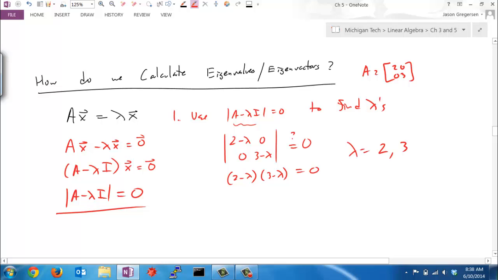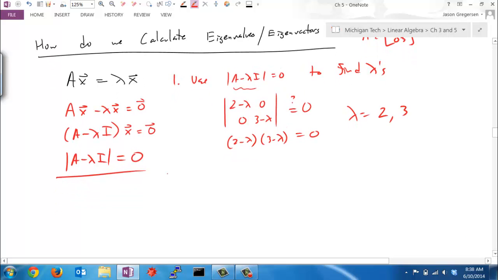So that was step 1. Use that determinant equation to find the eigenvalues. Now for each eigenvalue, we have to find the associated eigenvector. So step 2, use the lambdas in A minus lambda I into the homogeneous equation